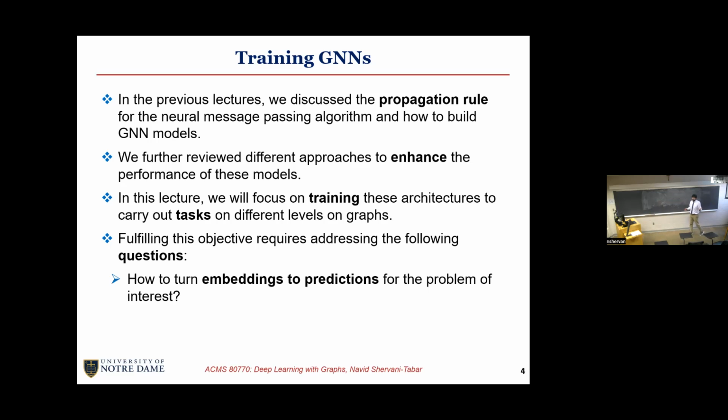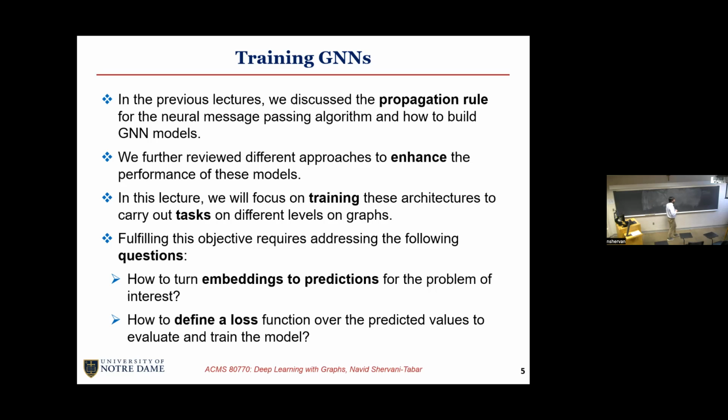Let's say that we have node embeddings. Now we want to predict the labels of that node. Let's say that we have a graph embedding. Now we want to predict some classification or some property of that graph, right? So the second problem that we need to answer is, now that we turn these embeddings into predictions,